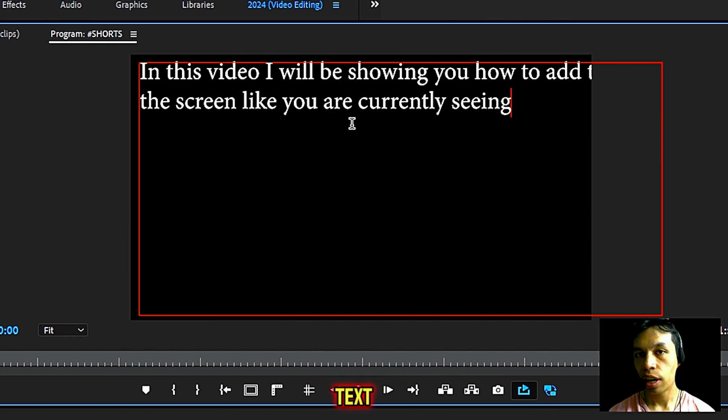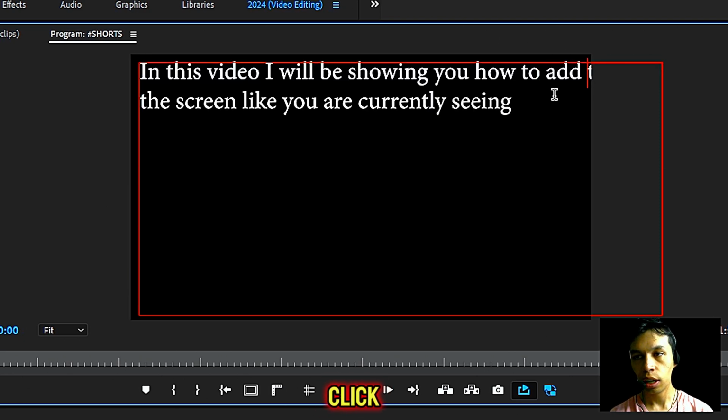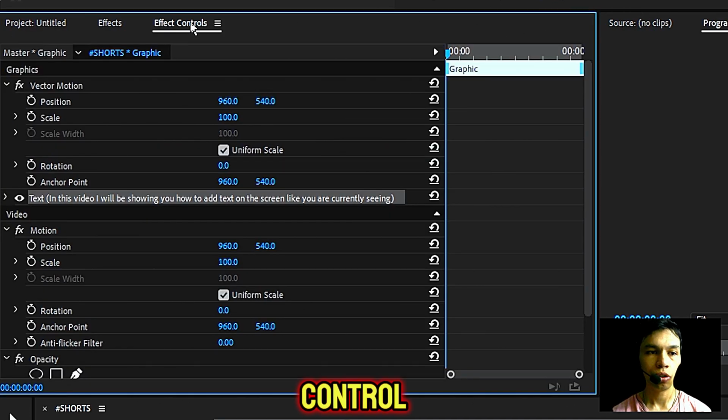As you can see, we have text on the screen, but if you want the text to fit completely, as we see, there's text that goes a little to the right. You can click and hit enter, or you can highlight everything and then go under Effects Controls, and under